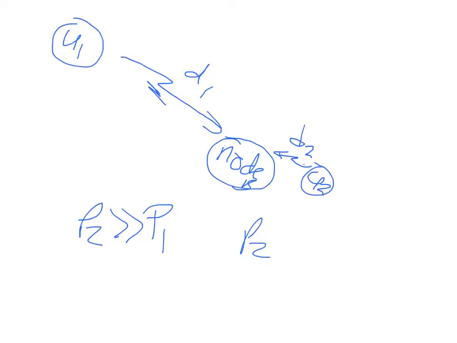So ideally, the received power at node B needs to be equal. So P2 needs to equal P1, or received power 1 needs to be equal to received power 2. In this case, node B will give instructions to a particular mobile to increase or decrease their power depending on the received power. So the instruction to user 1 would be increase your power, and the instruction to user 2 would be to